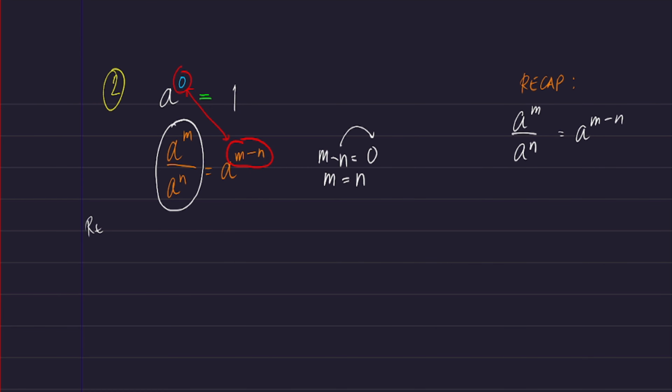So, pwede natin siyang i-rewrite from A raised to M over A raised to N papunta sa A raised to M over, notice na M is equal to N. So, yung N dito, pwede mo siyang palitan ng M since ang N mo ay equal na sa M. So, pag pinalitan natin siya, this will also become A raised to M. So, we have a new expression na A raised to M over A raised to M. And take note,